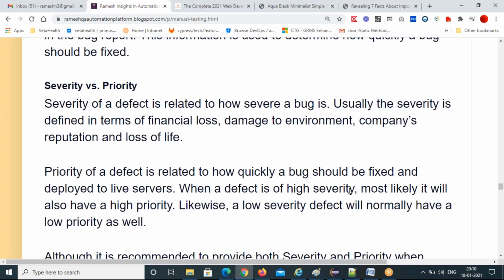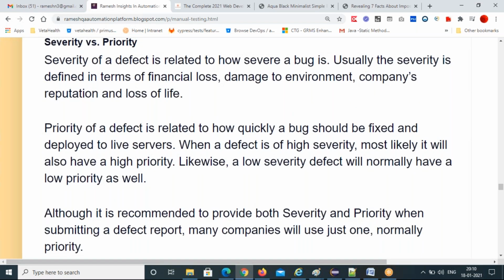They won't care about them, since it is not going to affect any functionality. It's just look and feel, not a functionality issue. If it is a functional issue, meaning something is broken or not working, then you can give high severity.